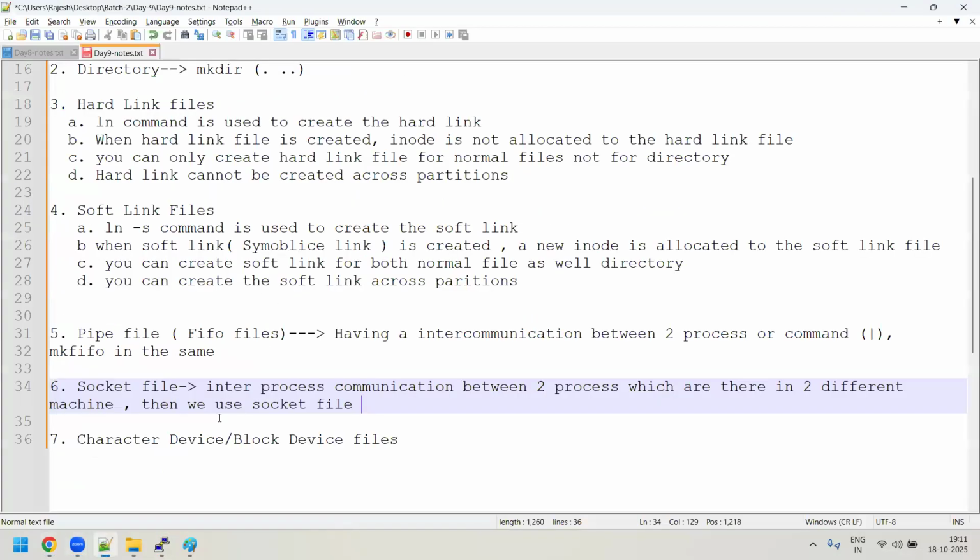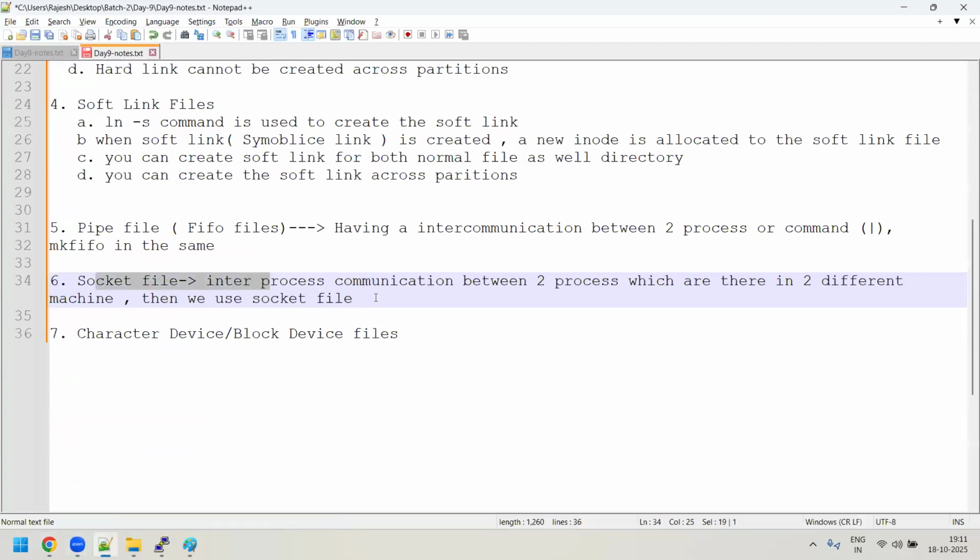Okay, coming back here to the notes. So socket is something. We use the mksock command, guys. Right now we need to install the package; somehow they have disabled this command. Right now this command is not there. But if you're working on RHEL 7 or RHEL 8, Red Hat Enterprise whichever version, you will see this command available. But in Ubuntu, this command is disabled. There's no command and no package also. I don't know the reason, but it is there in Red Hat.